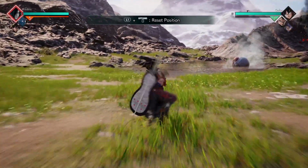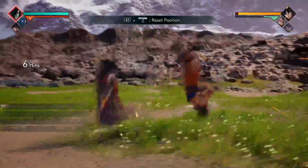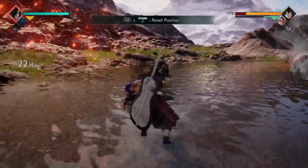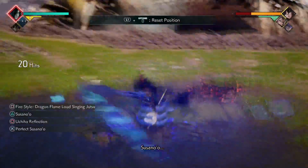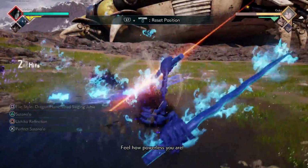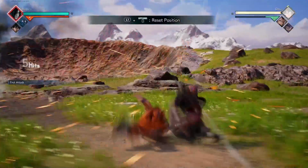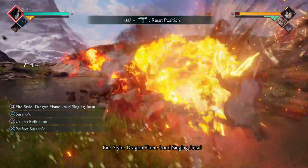So, if we're just being really basic here, I can just do the 4th light thing, 2 fireballs, Prometheus. I can do the reset here, wait for him to drop, and do 3 heavies and go into Susanoo. Now this is a mini reset here. If I tried to do 2 fireballs, you can probably guess what's gonna happen. Boom, boom,